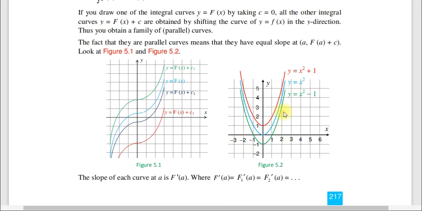የተለያዩ ግራፎች እናገኛለን ማለት ነው። So the slope of each curve at a is f prime at a ማለት ነው። ስሎፕ ከዚህ ቀደም እንዴት ነው የምንሰራ፣ the limit of ብለን የተጠቀምነው ወይም the first derivative of function at a given point ማለት ነው። ስሎፕ ማለት where f prime at a ማለት f1 prime at a which is equals to f2 prime at a which is equals to እያለ ይቀጥላል።